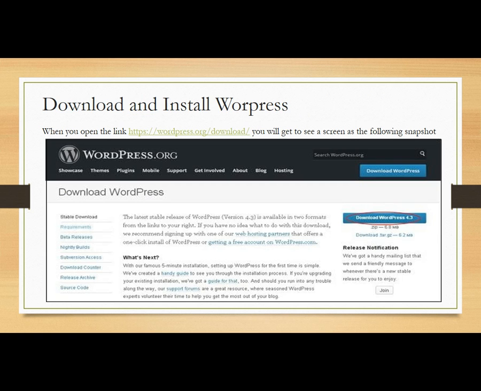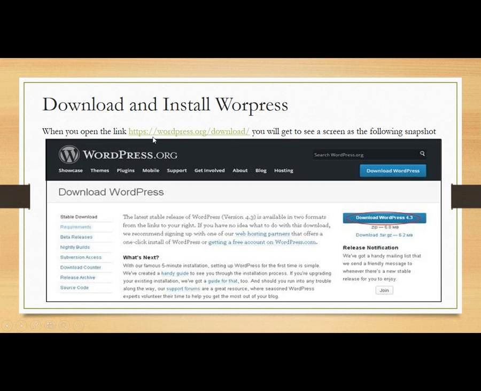So the first step for installing WordPress on the local system is to download WordPress from the official website, wordpress.org, by writing this particular URL in the browser.